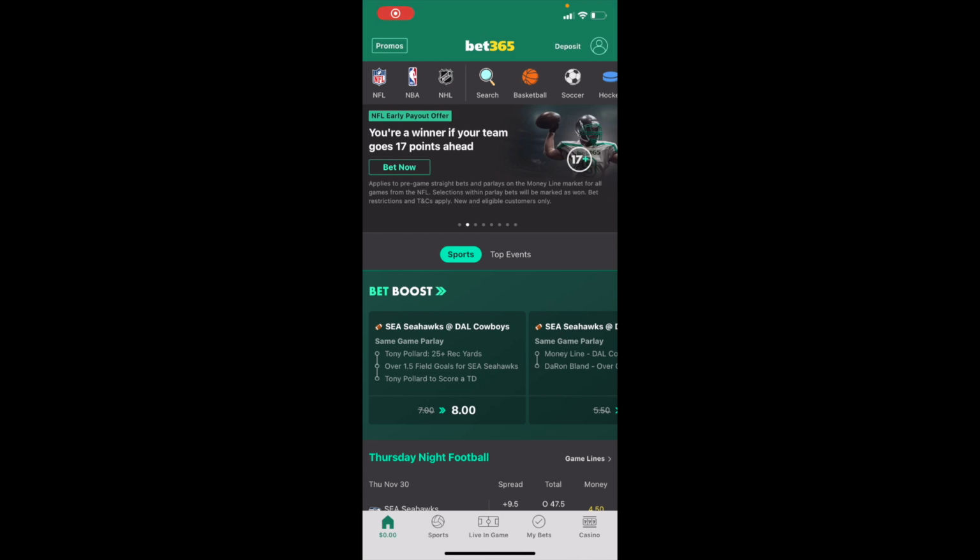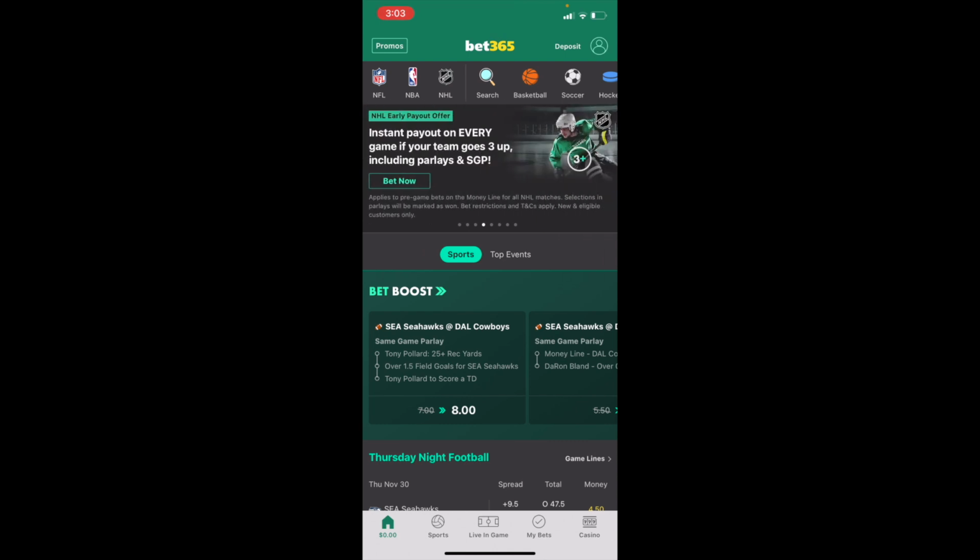So in this Bet365 tutorial video, I'm going to be showing you guys how to place an NBA in-season tournament winner futures bet here on the Bet365 application. So if you wanted to place a futures wager on who's going to win the NBA in-season tournament, which is coming up fairly shortly, go to your home tab here, go to the top left and press on the NBA